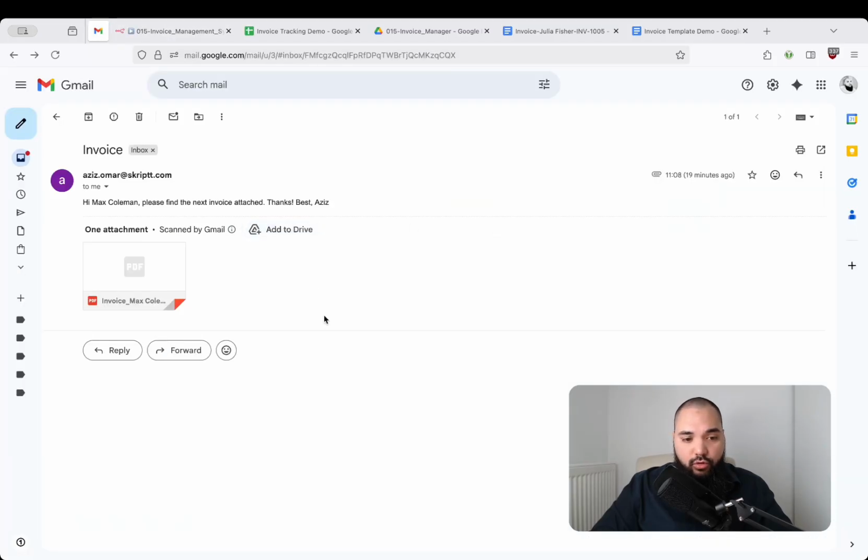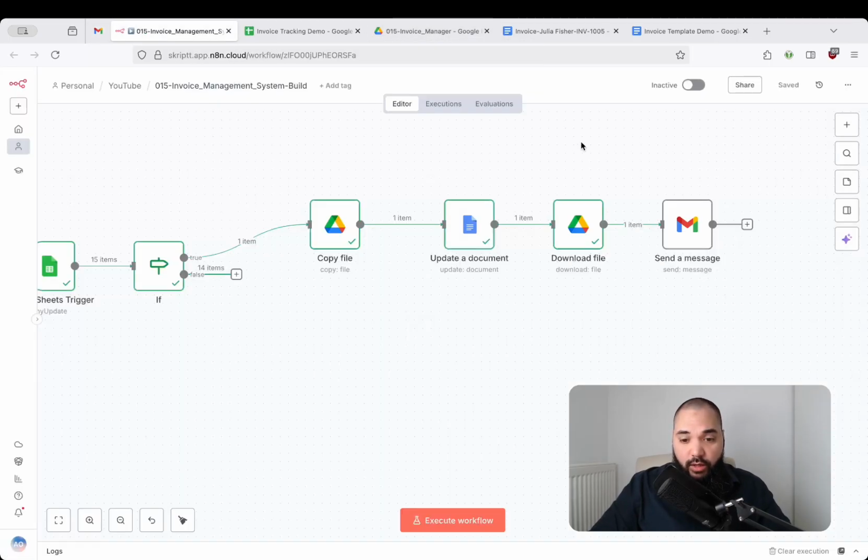So we're going to jump back into our example right here, what we have with Max Coleman. Then you can see that this is actually a PDF, right? So they can't edit this specific file. And this is what I also want to do. Now, the way I do this is that within the download a file